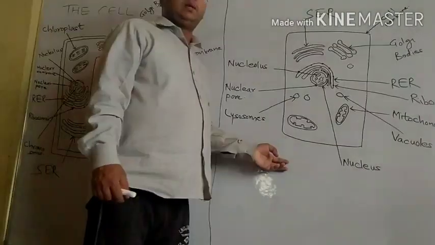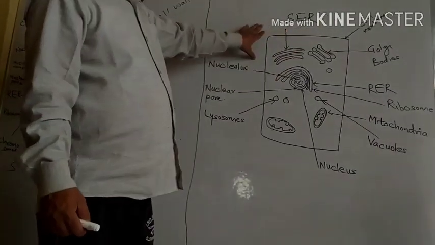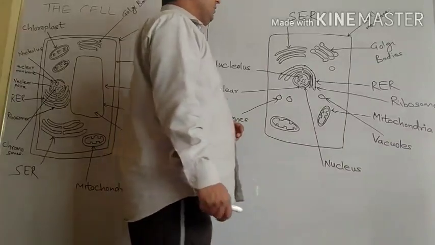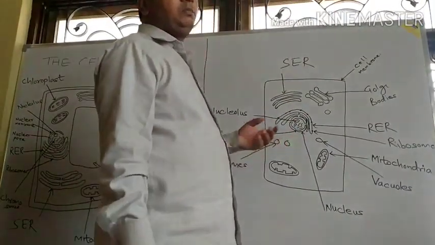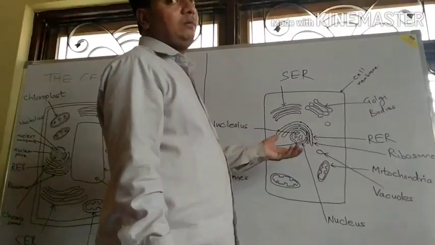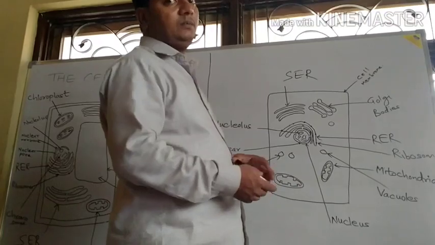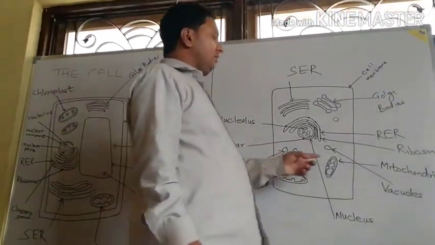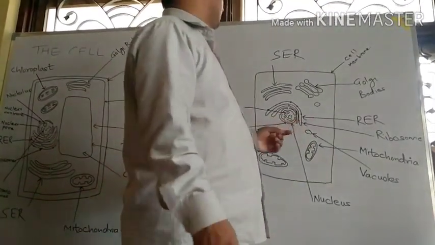Now we will move to the animal cell. In the animal cell, see the structure here. Cell wall is not present. Cell membrane is there. Chloroplast will not be present here. Plastids will not be present here. Mitochondria will be more in number. Lysosomes and centrosomes will be present here because it is the animal cell. So the lysosome is seen here. Vacuole is not present, and if it is present then it will be small.